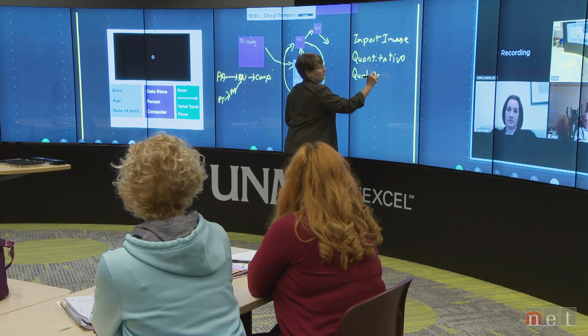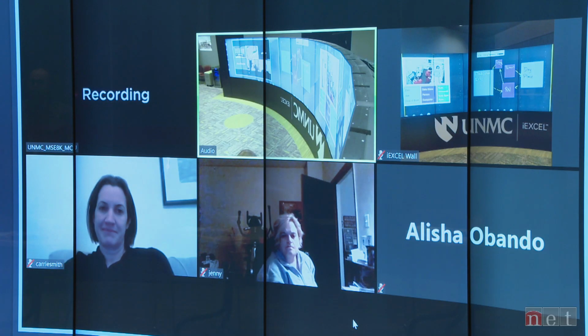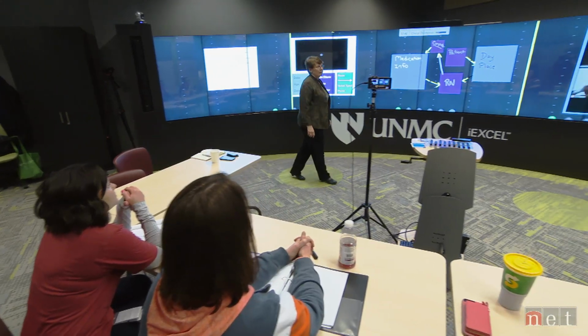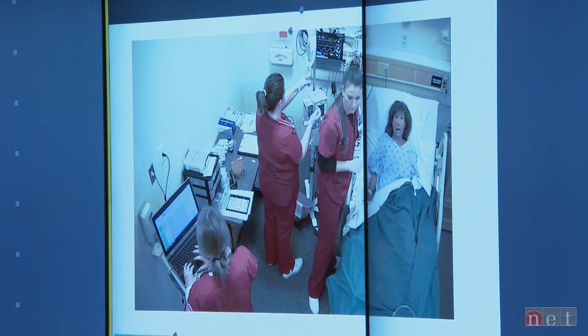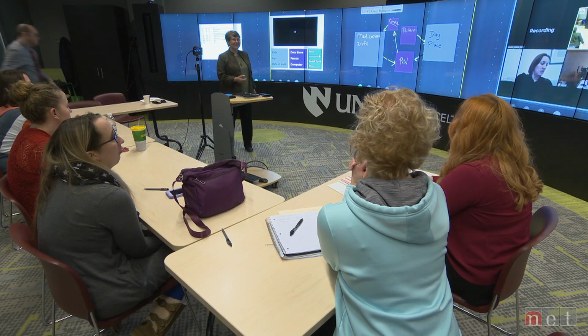Cheryl Thompson teaches a class about the management and use of patient information. It's for nurses pursuing graduate degrees and leadership roles. Six in the room, three from as far away as Ireland. They can also connect with UNMC students using eye walls in Lincoln, Kearney, and Scotts Bluff. On this night, students watch and analyze videos of nurses with patients. You want to go up and model some of that?